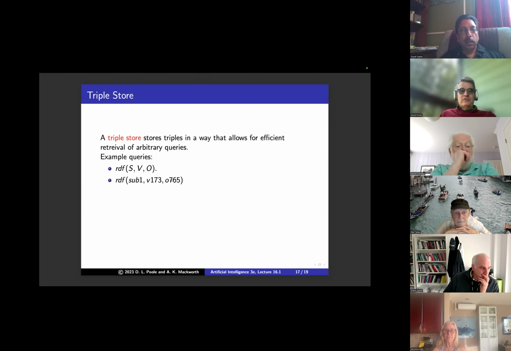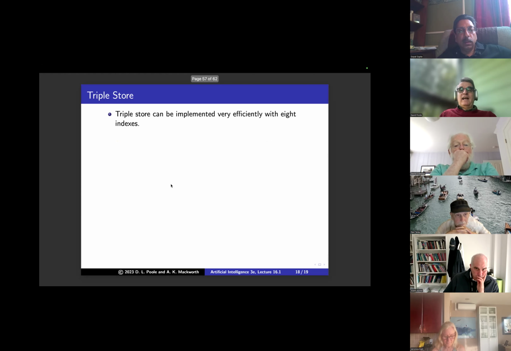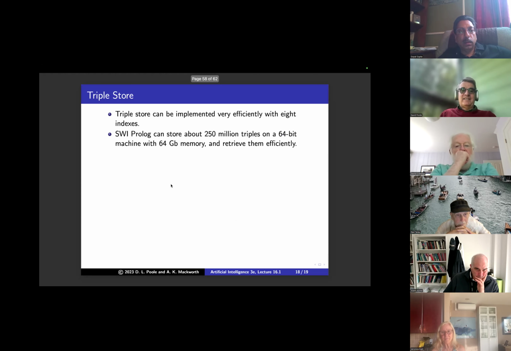However, one of the advantages of triples is that we can ask all sorts of different things. Given the subject, give me the verb and the object. Given the subject and the verb, give me the object. Or is this subject, verb, object true? Or give me all subject, verb, objects that are true. If you think about this, the subject is either given as a constant or it's a variable, and the verb is either a constant or a variable. It turns out you need 8 indexes. So triple stores just have 8 indexes.